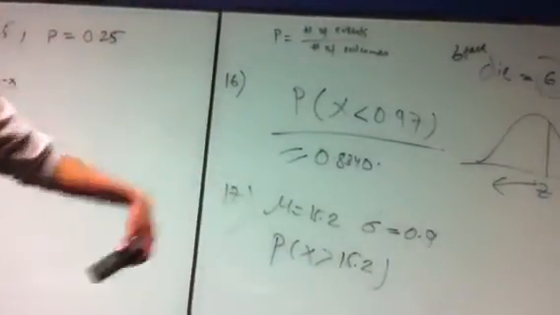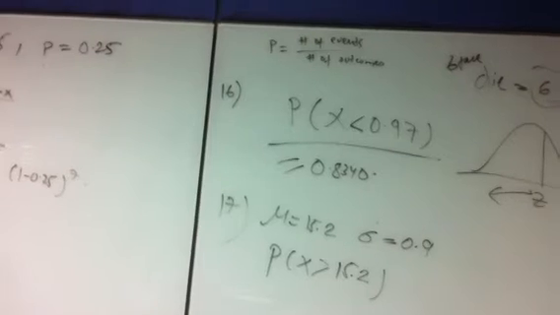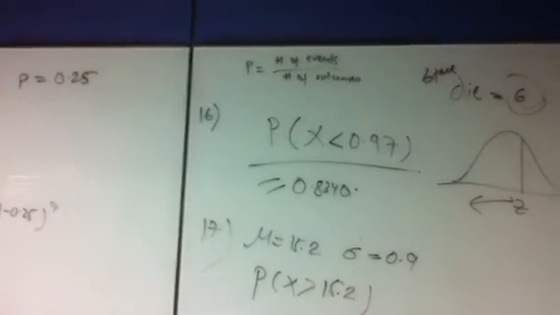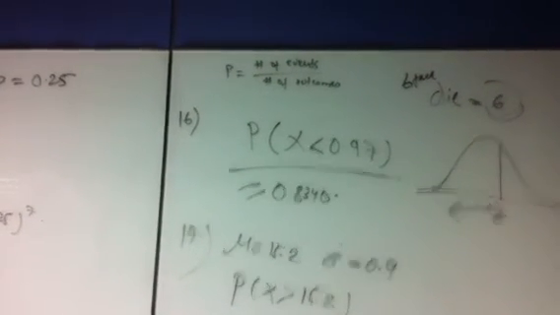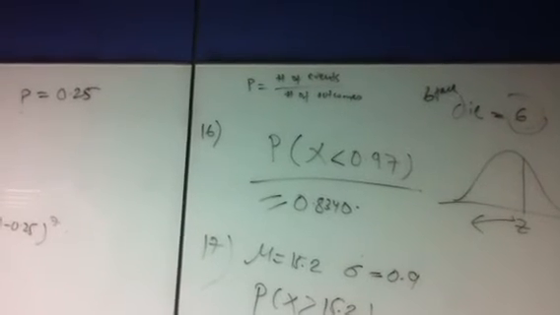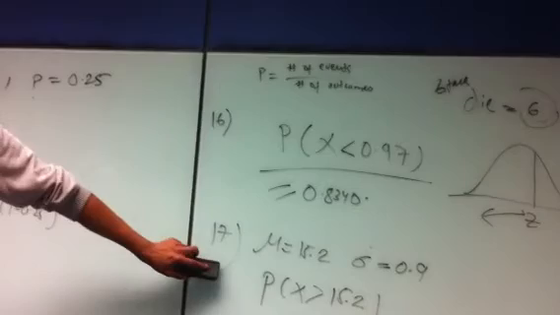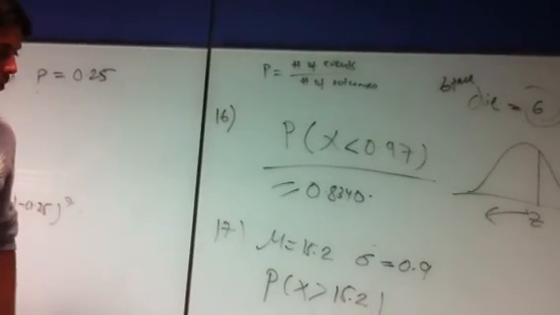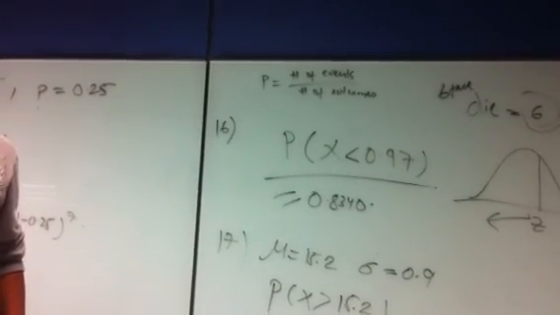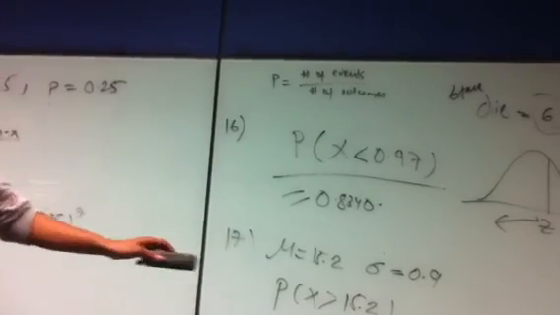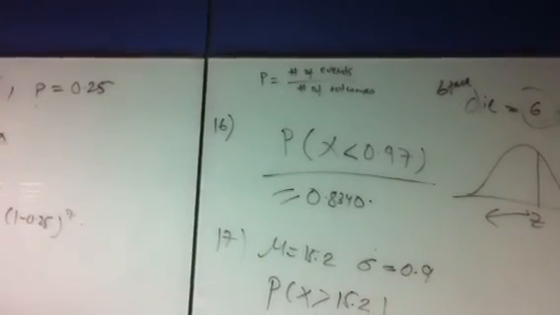Do you notice the difference between these two? For 16, you would have to use the z-score. For 17, you would probably have to use the t-score or the critical value. Yeah, you have to find the z-score on this. So for 17, I would have to